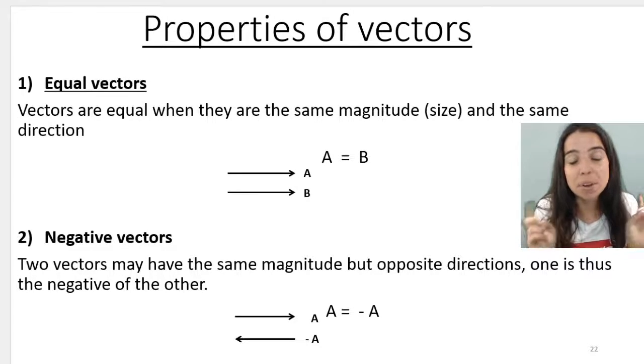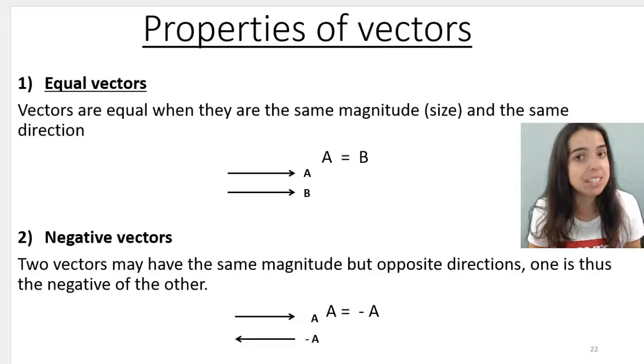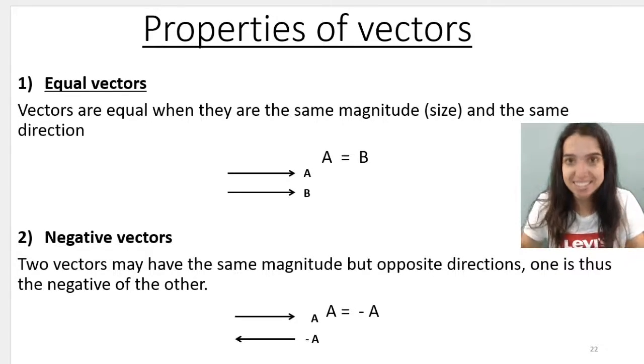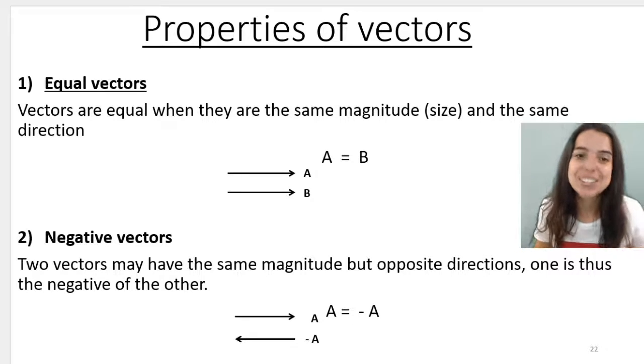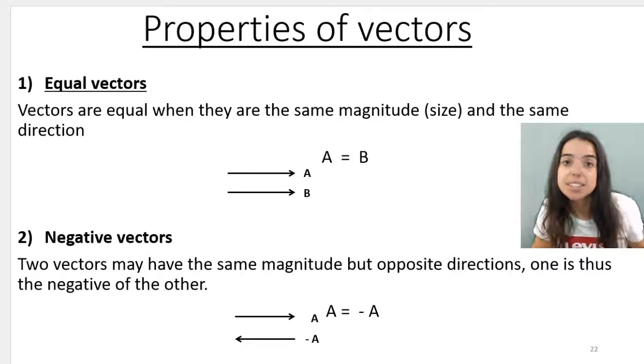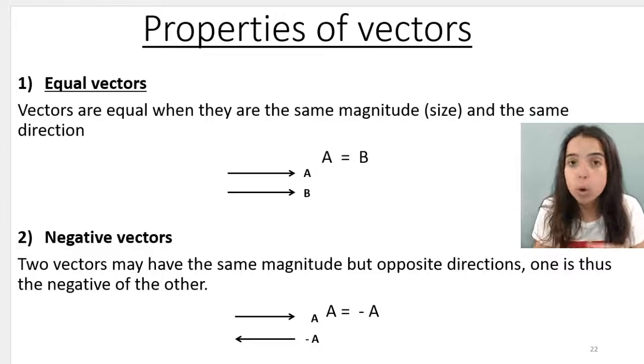In this lesson I'm going to focus on the properties of vectors. We'll also be looking at how to represent vectors in a head to tail diagram. Let's go. So looking at properties of vectors, we know that vectors are physical quantities that have magnitude or size